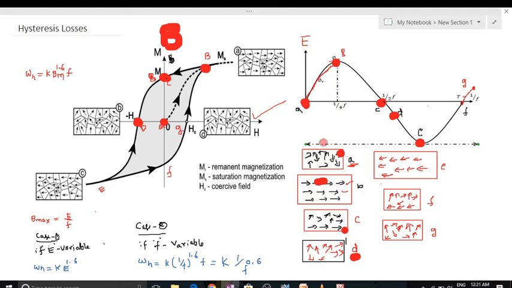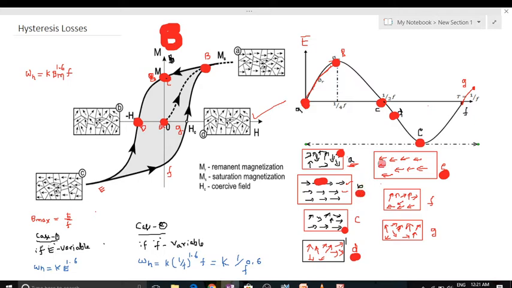If A to B, then the domains are in this direction. Here, this is in this direction. Now, the force will be in this direction. So, definitely the domains are in the reverse direction of the previous one. This is E. This is D to E. The domains will be in reverse direction